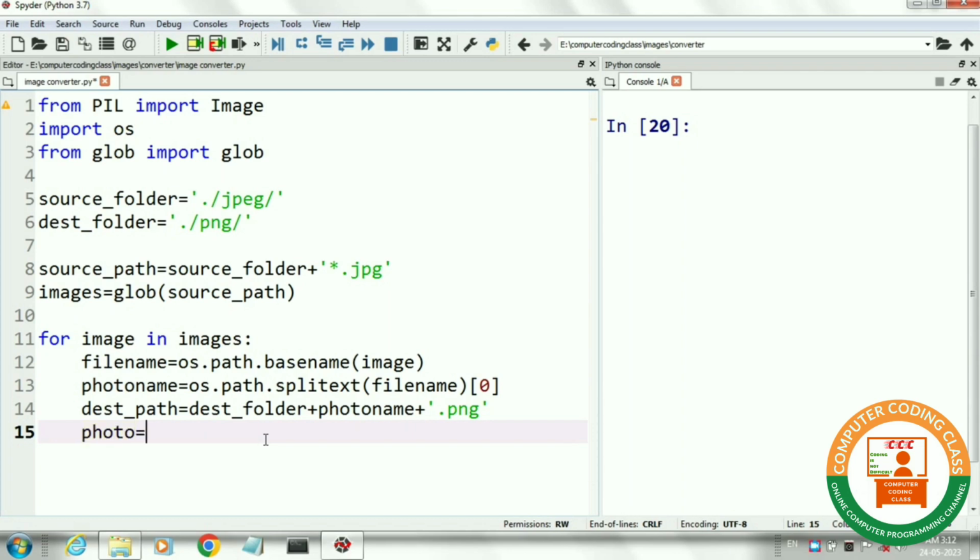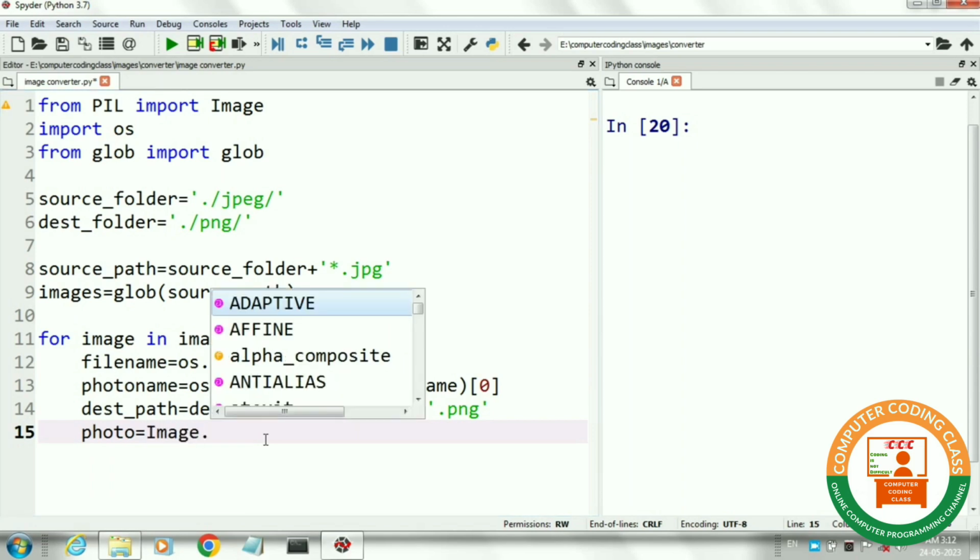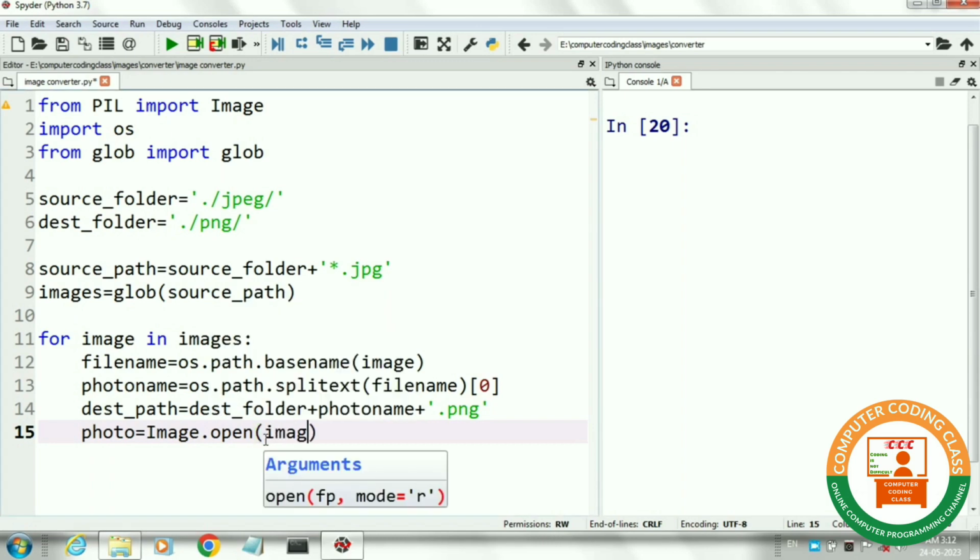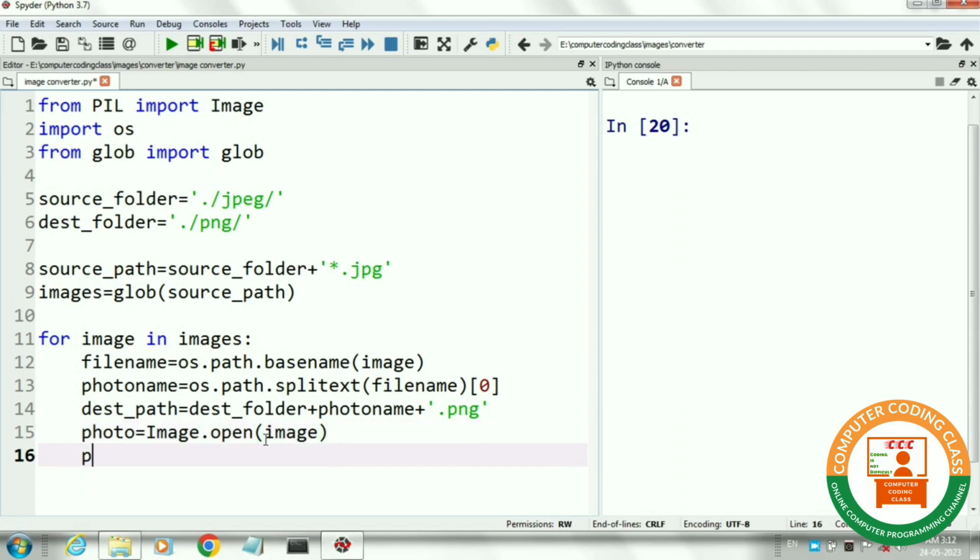Next, we will convert all JPG files into PNG files. So first of all, we will open each JPG file one by one. Next, we will save this JPG file into a PNG file by using the save function and pass the path of our destination folder and the format, that is PNG.